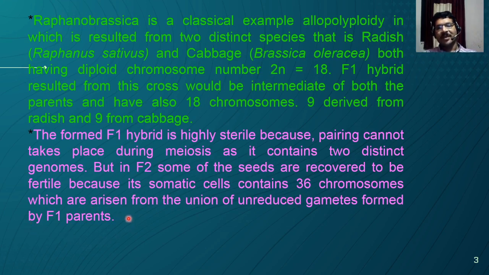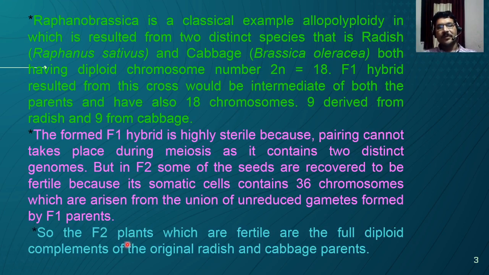The mechanism is the same as that given by colchicine. The same mechanism takes place here, and there will be offspring with 36 chromosomes, a tetraploid plant, that is 4 sets of chromosomes. A normal plant contains only 18 chromosomes, but this plant contains 36 chromosomes. As this is a tetraploid plant, pairing of chromosomes takes place during meiosis, and this plant becomes fertile.